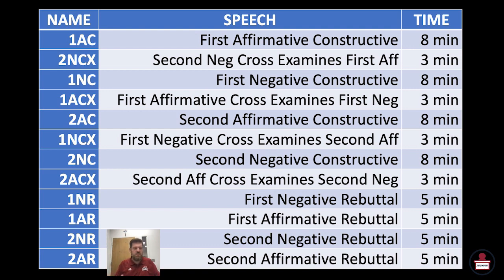They should go with case in order. The strongest thing that a second negative constructive can do to win a round is do a line-by-line critique of the first affirmative constructive. Say, in observation 1, they say this, we have 3 answers to it, blah, blah, blah. In advantage 1, they have 3 advantage cards for it, we're going to take the first one, and we think that here's our 2 answers to their first